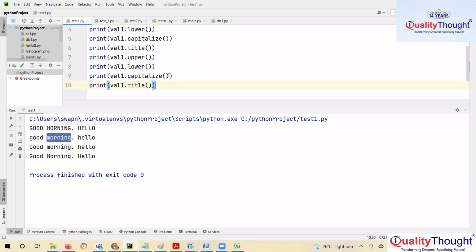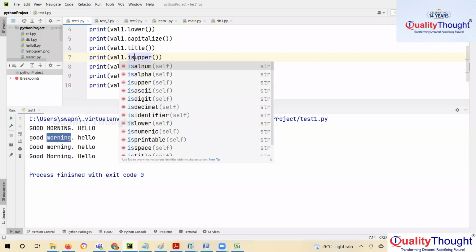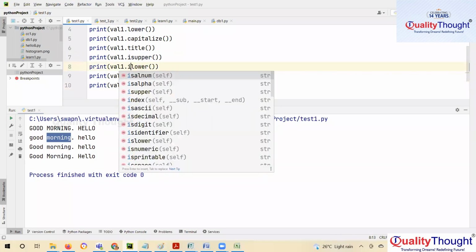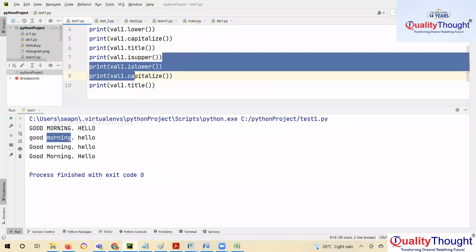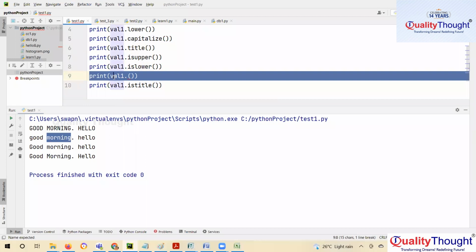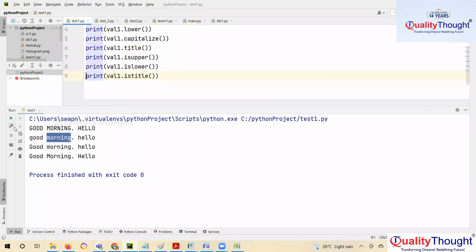Okay, so we have functions like is upper, is lower, is capitalized, is title. Okay, no, is capitalized is not there. Is title. Okay, when you run it,